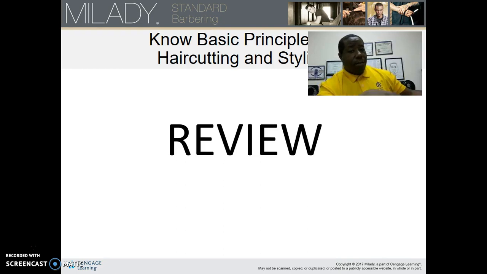Now, when I just said those options, the answer should have popped out, because we've talked about only one of those bones thus far in these PowerPoints. The answer is occipital bone. The occipital bone protrudes at the base of the skull. With that, we're going to close out this section of our PowerPoint for Men's Hair Cutting Chapter 14, and we will see you in our next